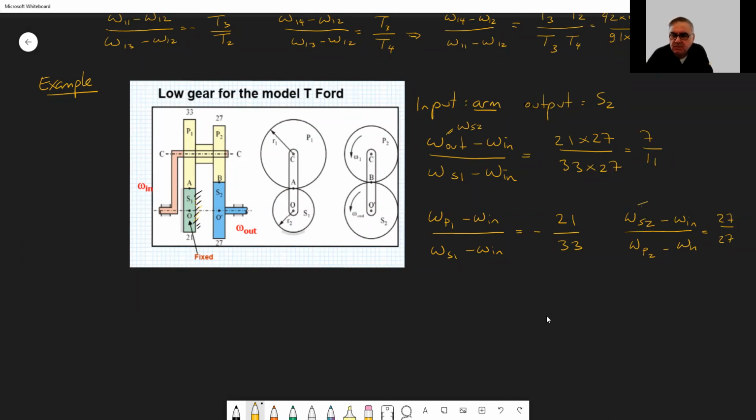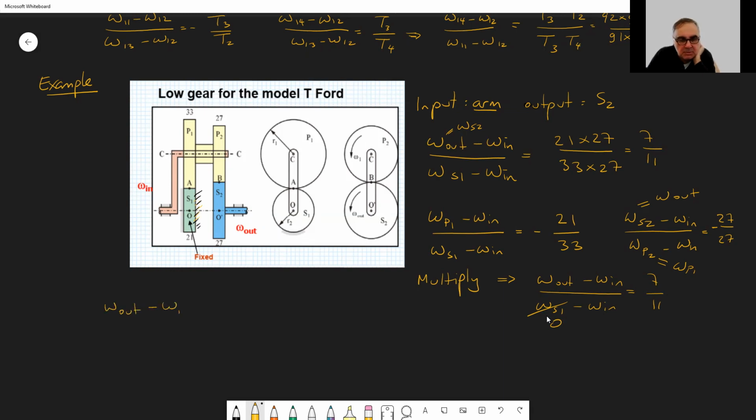Now, this is, as you see, omega out. We multiply, there is a minus sign here. We multiply them. So you get the above equation. Because this one, omega S1, is the omega P1 and omega P2. This omega P2 is equal to omega P1. So they cancel. So you get omega out minus omega in divided by omega S1 is 7 over 11, which means that omega S1, by the way, is 0, from which we get omega out minus omega in is equal to